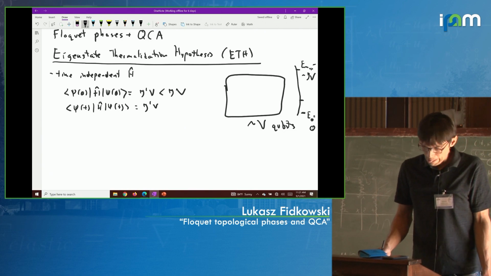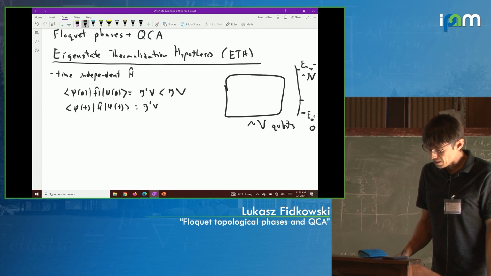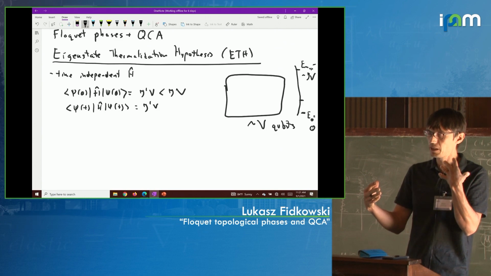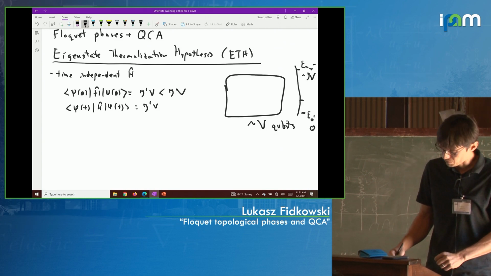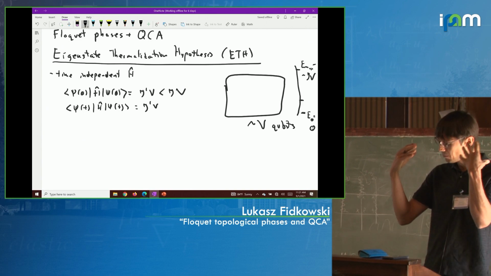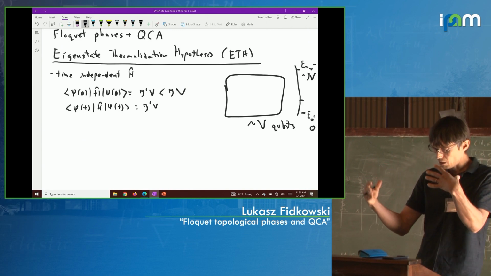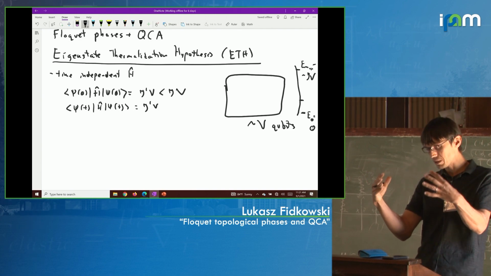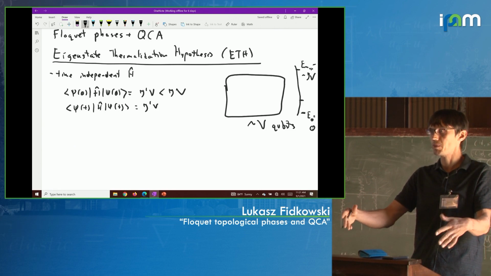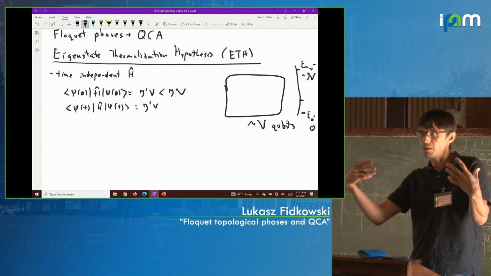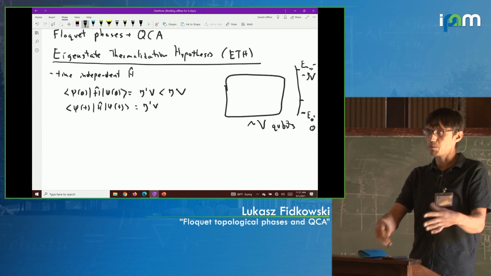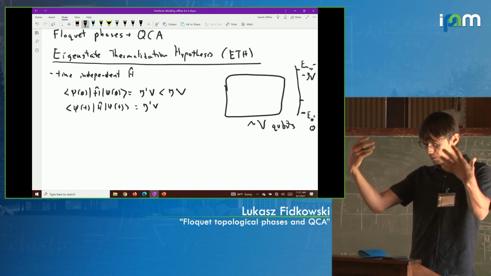Okay, so what does the eigenstate thermalization hypothesis say about such a state? There's various ways to formulate it, but I'm just going to formulate it in a way that's convenient for me. It's a statement that relates to reduced density matrices of psi of t. It tells you how reduced density matrices of psi of t evolve in time. Psi of t is a pure state. It evolves in some complicated way. It's not necessarily an eigenstate. It's some state of finite energy density, so it has this expectation value. It could be a superposition of eigenstates. It evolves in some complicated way.